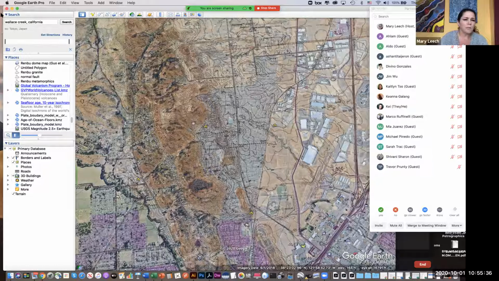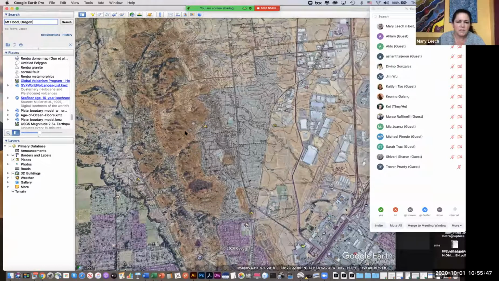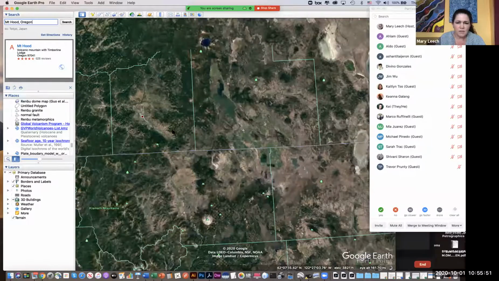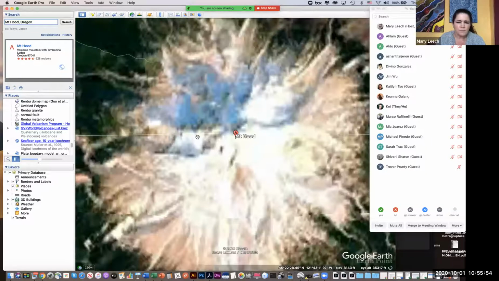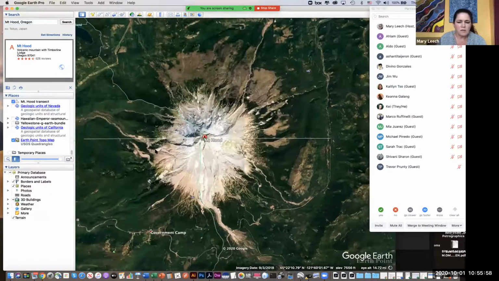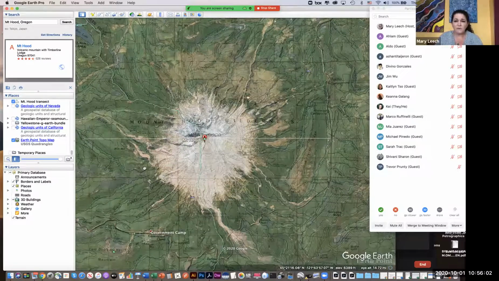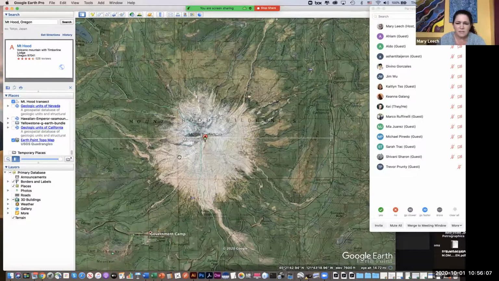I don't know where I am right now. Let's go to some of the first questions. They ask you to go to Mount Hood, Oregon. So it's going to fly you there. Whoop, okay. So let's see. All right. So it loaded the topography after I landed in that spot. So now I can see